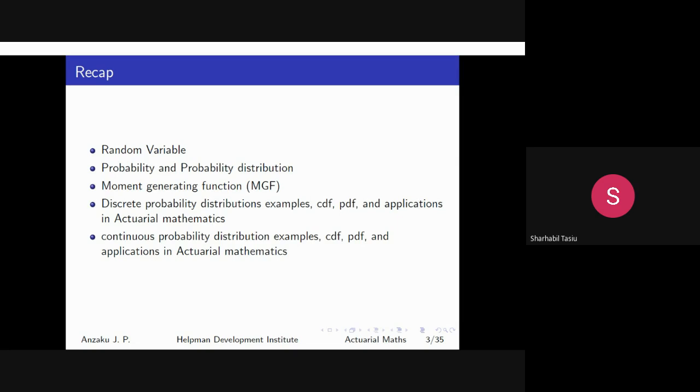So we also looked at the continuous probability distributions. We look at some examples and applications in actuarial mathematics. We see that the continuous probability distribution measures the probability of values in a continuous case. And we think of it like a value with decimal places because it's continuous. And then we also look at some examples, which include the normal distribution, the continuous uniform distribution, the beta distribution, gamma distribution, exponential distribution, and so on and so forth.